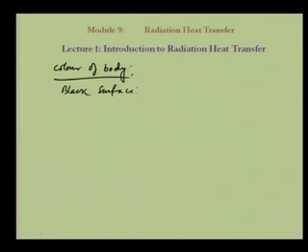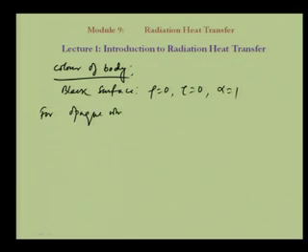for a black surface we know that rho equals 0, that means there is no reflectivity, tau is equal to 0, there is no transmittivity, but alpha is equal to 1. And for an opaque white surface we know that rho equals 1, opaque. So, reflectivity is there, but no transmittivity. So, tau equals 0 and alpha is equal to 0, and as I told you that in case of